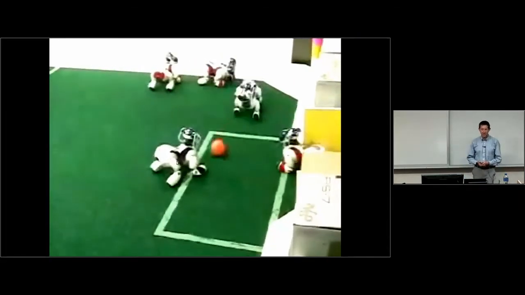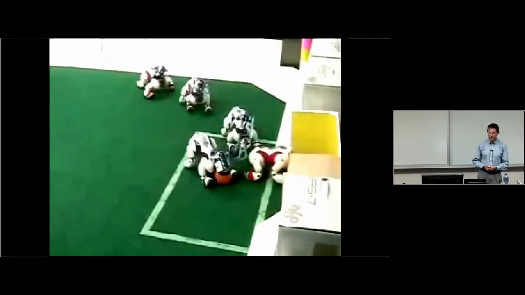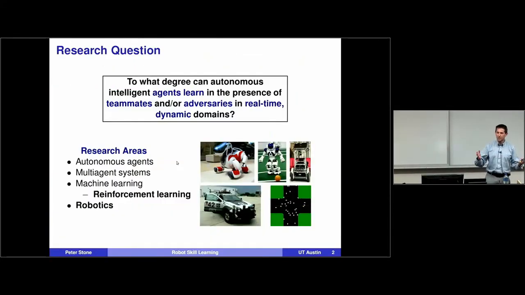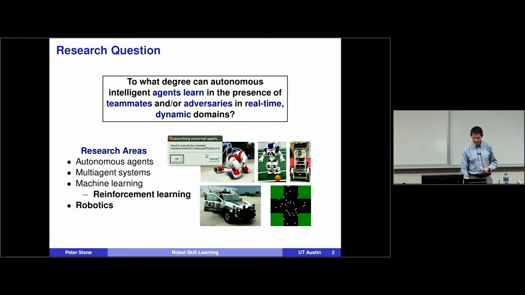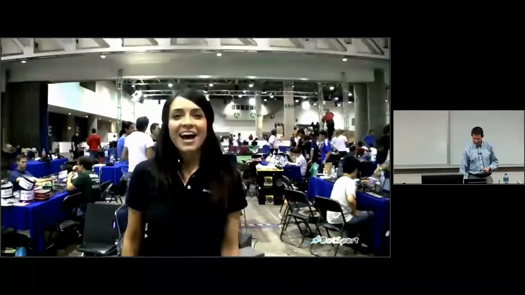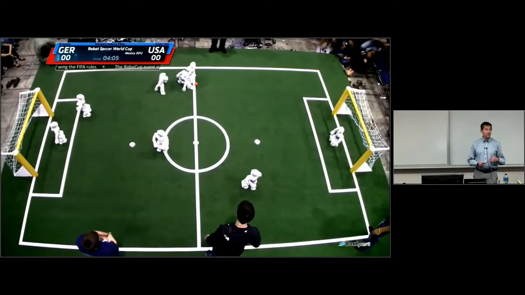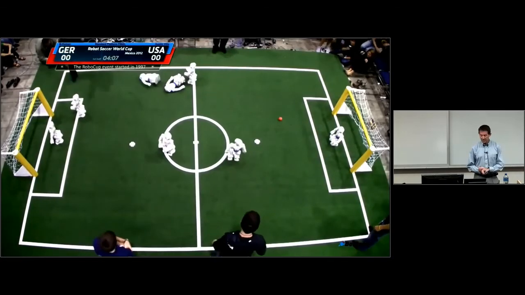Some of the things I've been involved in over the years include the robot soccer competition. These are some of our robots from about 10 years ago scoring a goal, where they're having to sense, decide, and act. There's no remote control here, so they're doing vision, localization, everything together. This is a part of the robot soccer RoboCup community. I'll talk a little bit more about that on a coming slide. When Sony stopped making those Aibo robots, they moved to these Nao robots made by Aldebaran, now SoftBank.